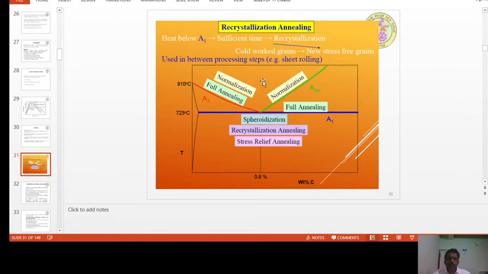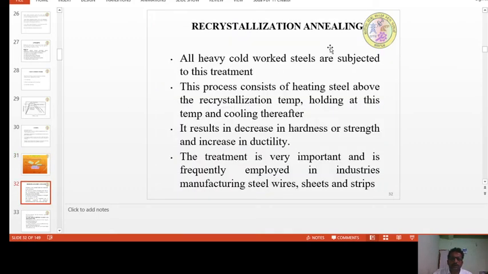Let us move on to the various types of annealing process. First one is recrystallization annealing. In this process, the temperature is above A1 and held for sufficient time. And when you hold it for sufficient time, what happens? New stress-free grains will be formed. And the things involved in the recrystallization annealing are